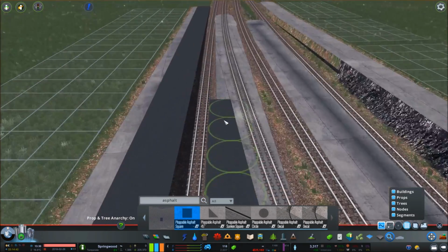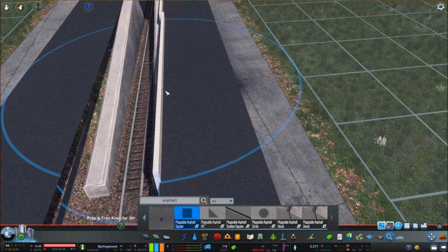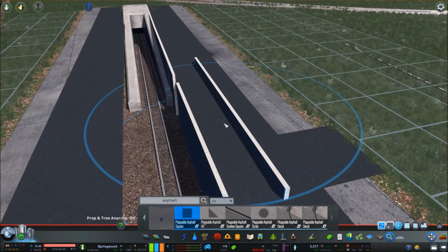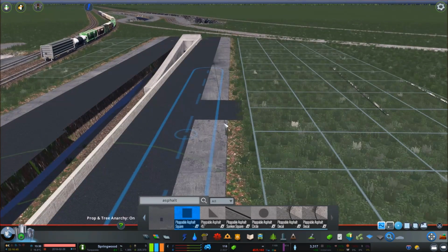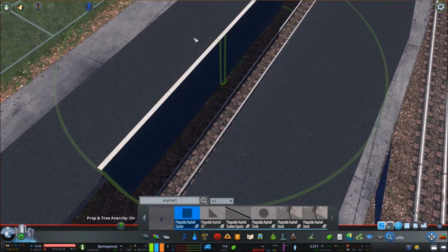Anyways, it works surprisingly well. I did have a problem where for some reason I didn't think I could use the prop line tool with Lost Gecko's retaining wall assets, but you can use them with the small one. 100% I know you can. I'm not sure about the big one, but I haven't checked. But I know you can definitely use it with a small one, which is what I should have done, because